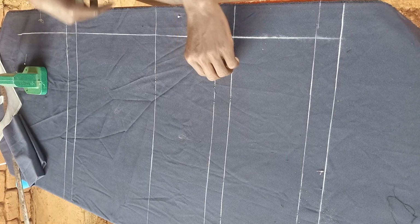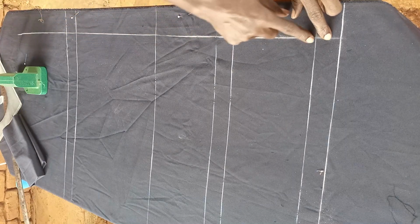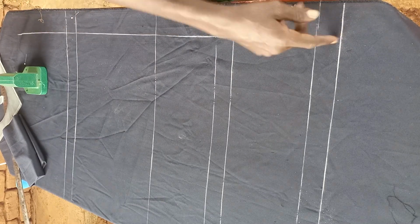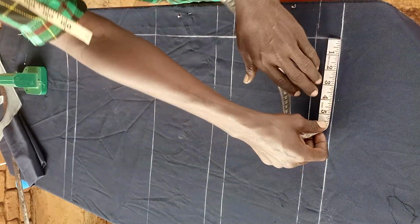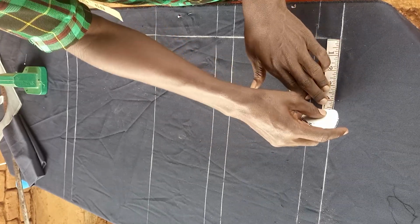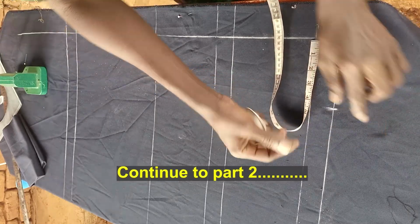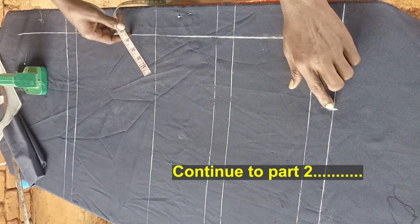Okay, now after we've done this, this is our front panel, and this is the center front button line. So from this center button line, we are measuring inwards. Chest measurement divided by 8. Chest is 36 inches divided by 8, giving us 4.5. So I mark 4.5 inches here. Then from this 4.5 inch point,